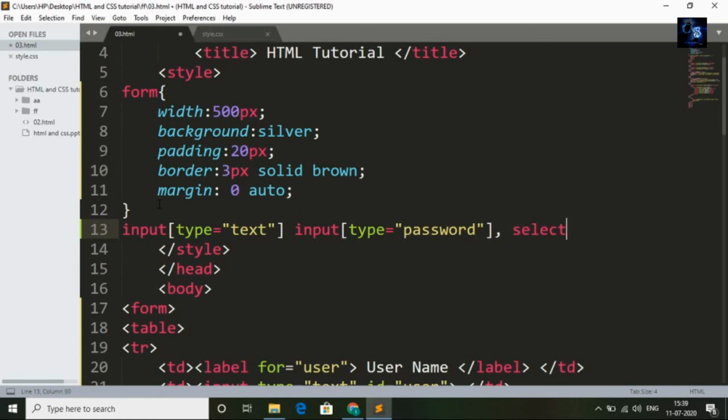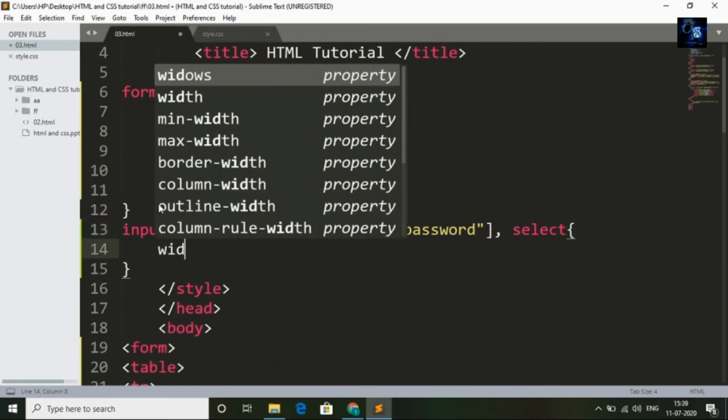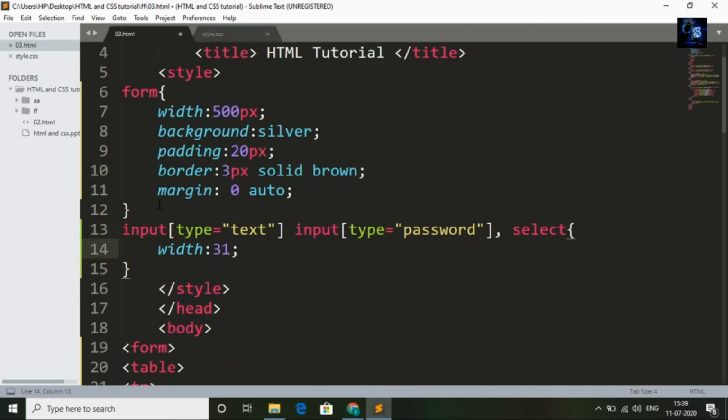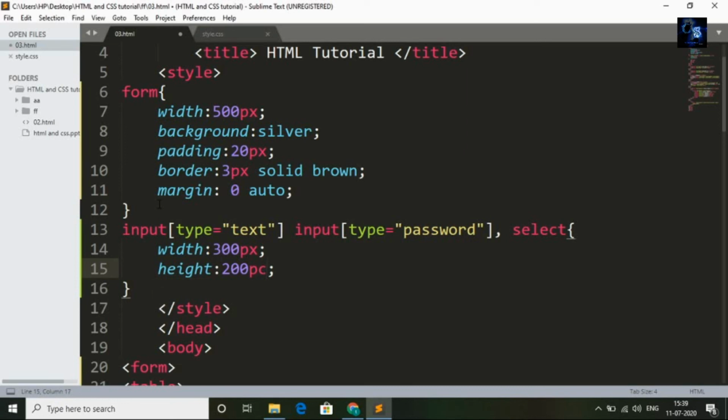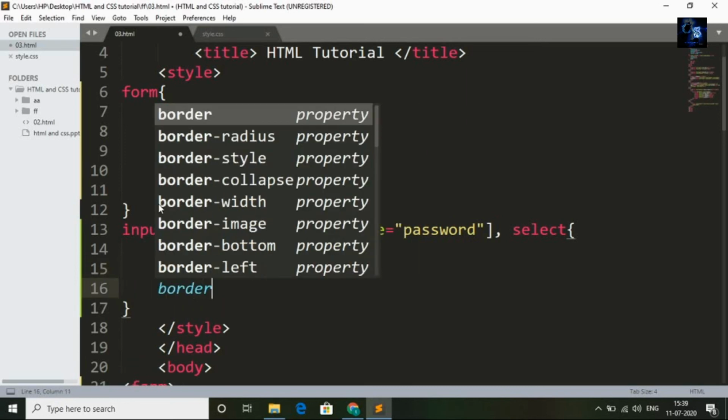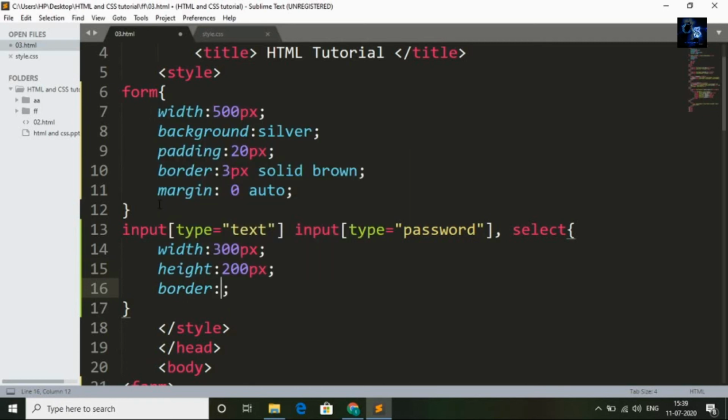Select, flower brackets, width 300 pixel is okay, and height 200 pixel, and border 2 pixel solid black. Yeah, black. Now I will save this file and go back to the browser.